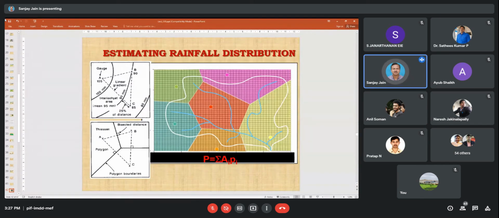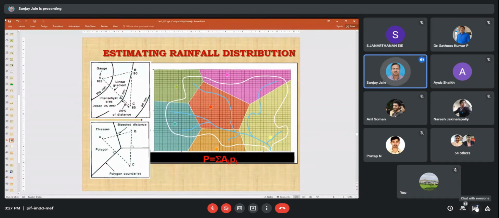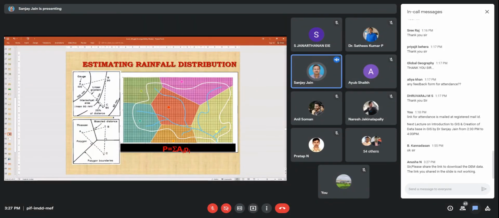Now another thing, which again I will say that if any one of you has a background in water resources, you can understand. We were doing rainfall distribution maps with the help of these polygons. For each and every catchment, you can see the boundary of a rain catchment, and I want to know how much rainfall is there. If suppose there is one rain gauge, then I can say that that rain gauge is representing the rainfall of that particular catchment. But if I am having more than one rain gauge, then I have to give the weight of each rain gauge to that particular catchment. Manually, I have to draw the polygons.